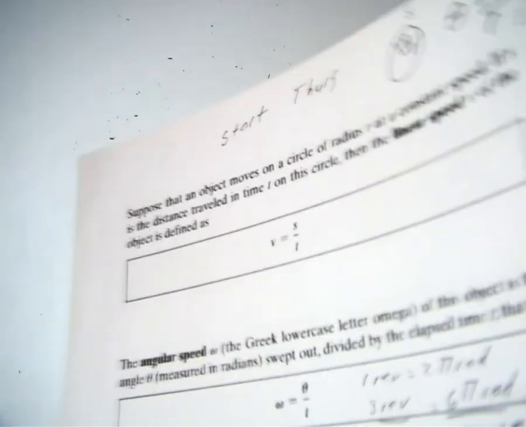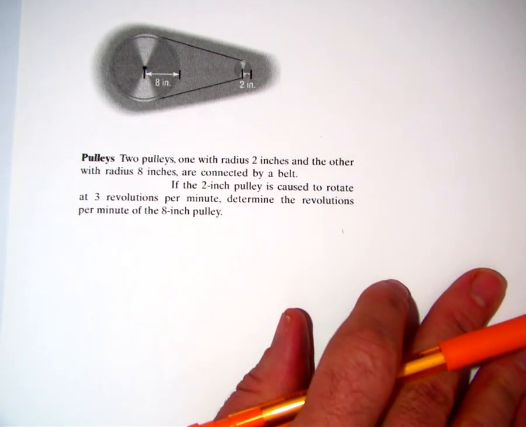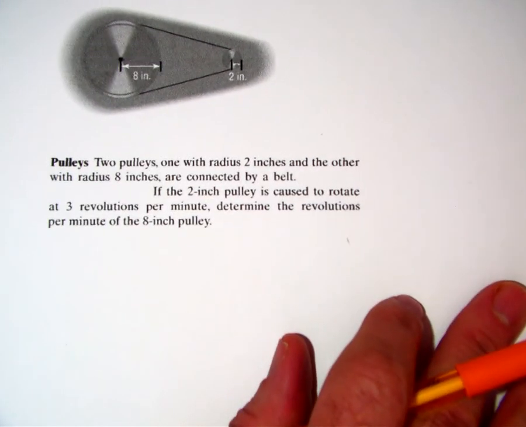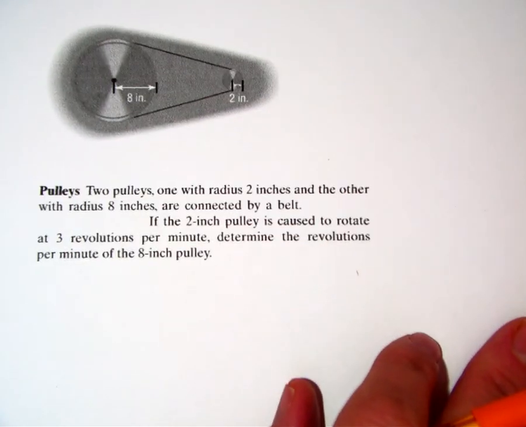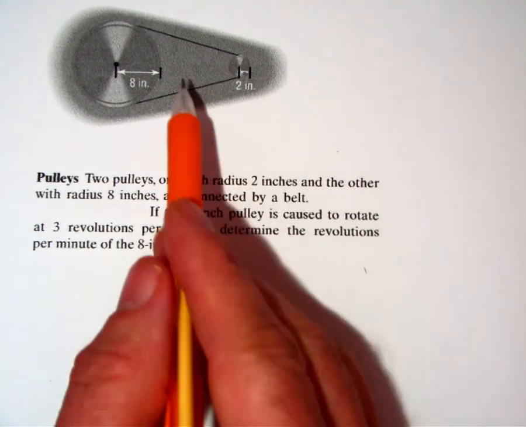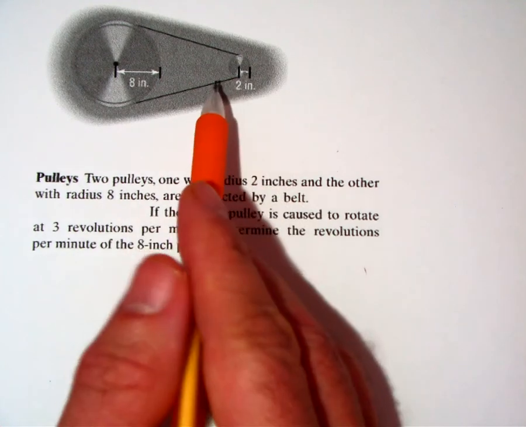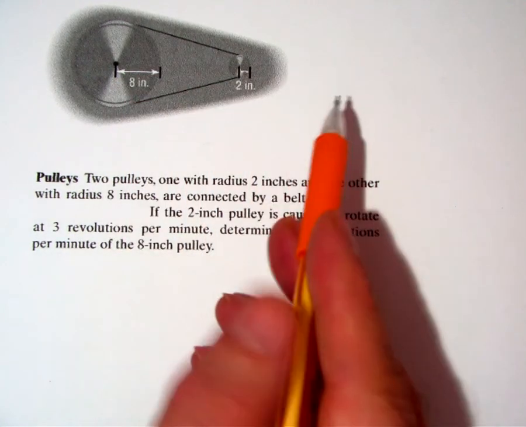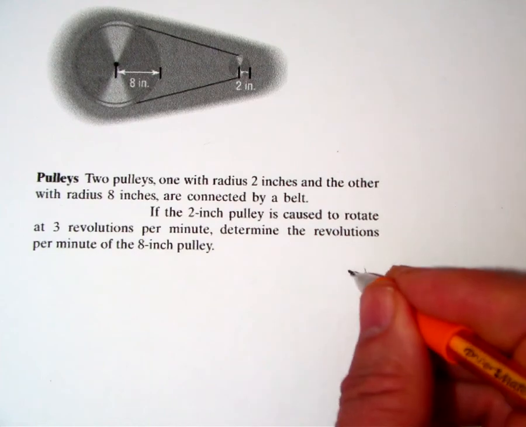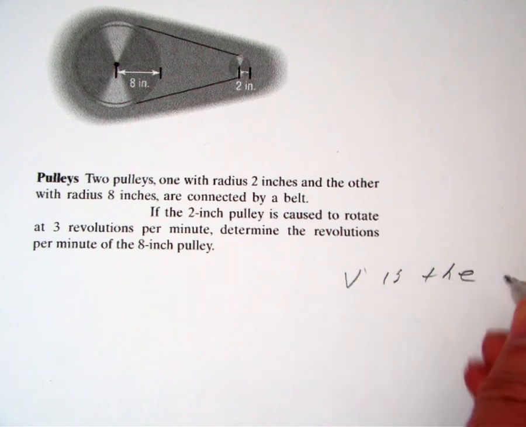Y'all, this next one I'm going to show you is kind of a standard problem. You got the double pulley system going on right here. Now, what we do know right here, folks, even though the pulleys are different, the linear speed has to be constant, right? Unless this chain, or is that a chain or belt? Yeah. Unless that belt is slipping around, we know that V is the same, right? And this is just so obvious that it hurts, but it does come into play. V is the same